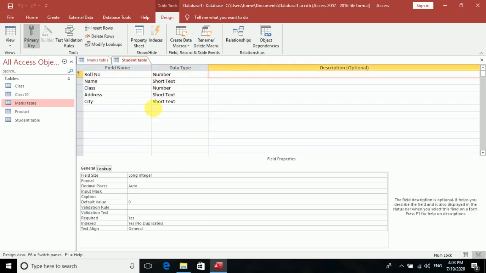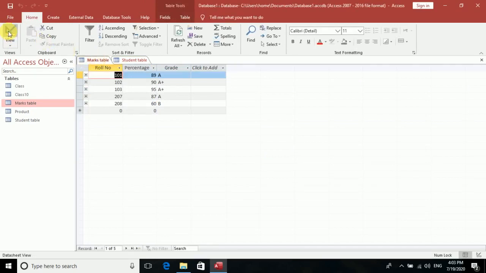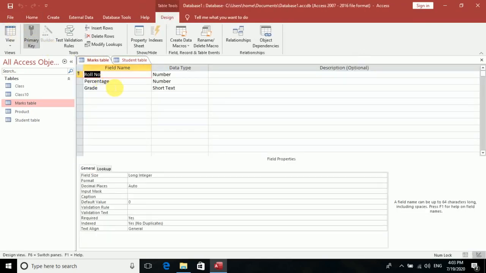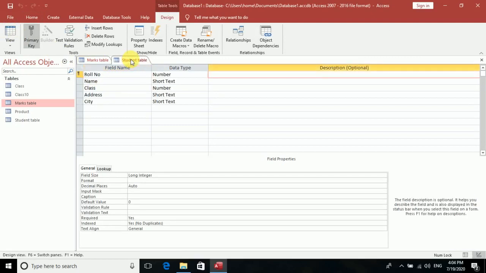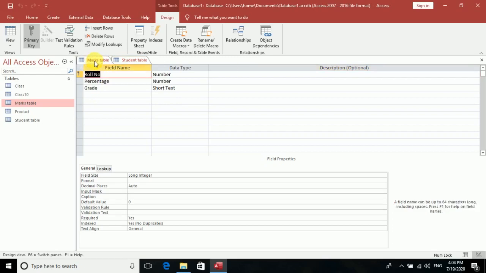Roll number and all that I have given, right? And you can see here the marks table, in that also I will go with the design view. Roll number, percentage and grade. You just come over here to the student table and you can see roll number, name, class. What is the relation between them? How are they related?